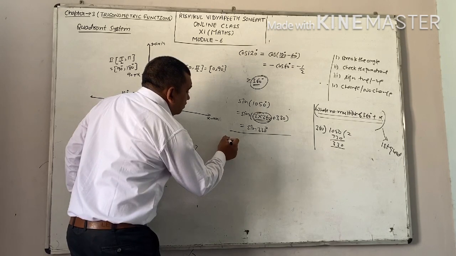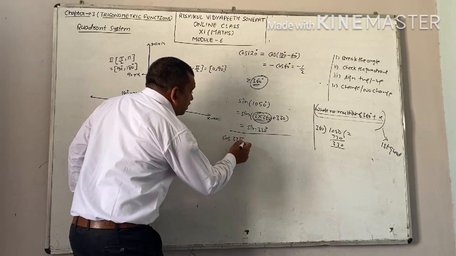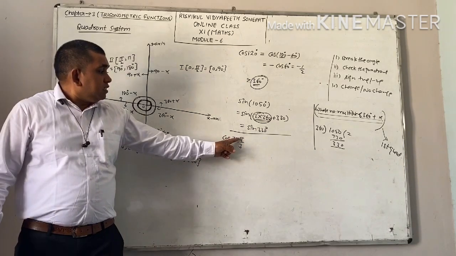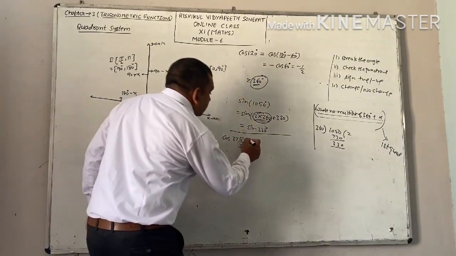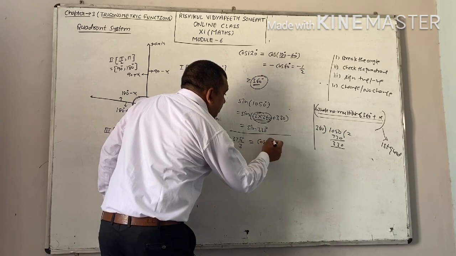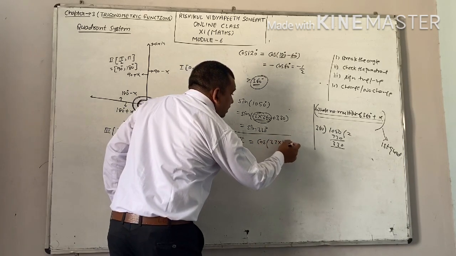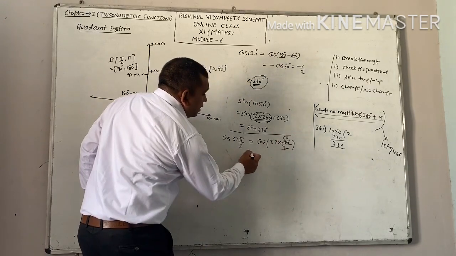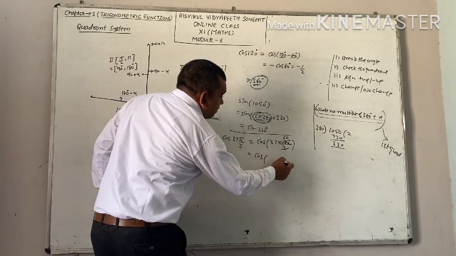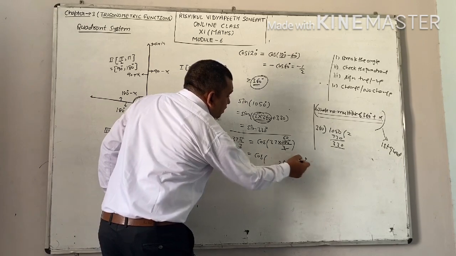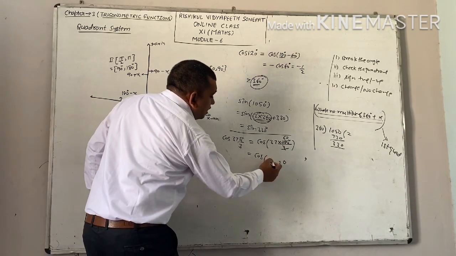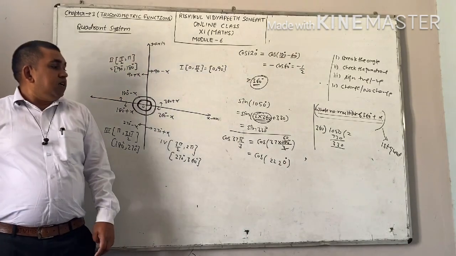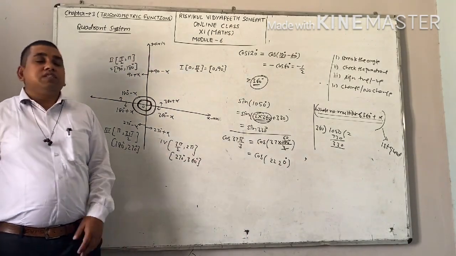Suppose I want to find out value of cos 37 pi by 3. For our easiness, we can convert this radian into degrees. Pi is your 180 degree. This is your 37 into 6. You can easily multiply. 6 7 is 42. 6 3 is 18. 18 plus 4, 22. 2220 degree. We want to find out value of this one.